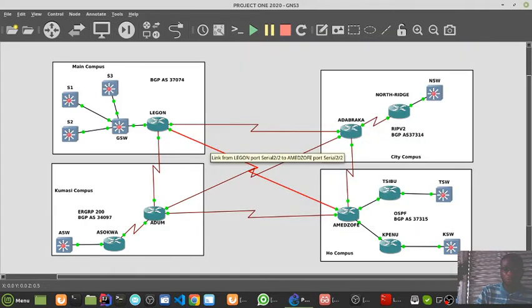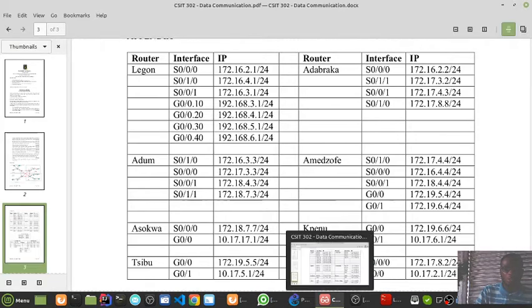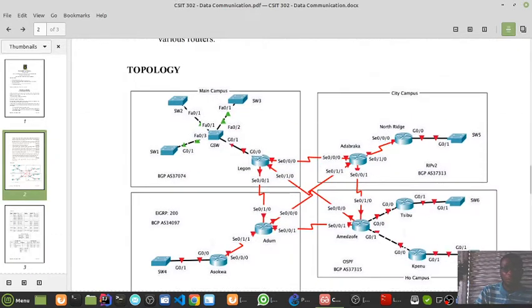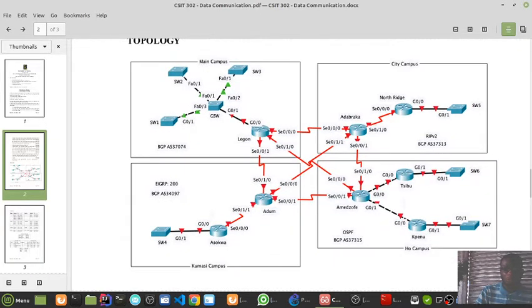From Legon is 2.2 and from Amedzofe is 2.2. Okay, so let me check my configuration. From Legon to Amedzofe is